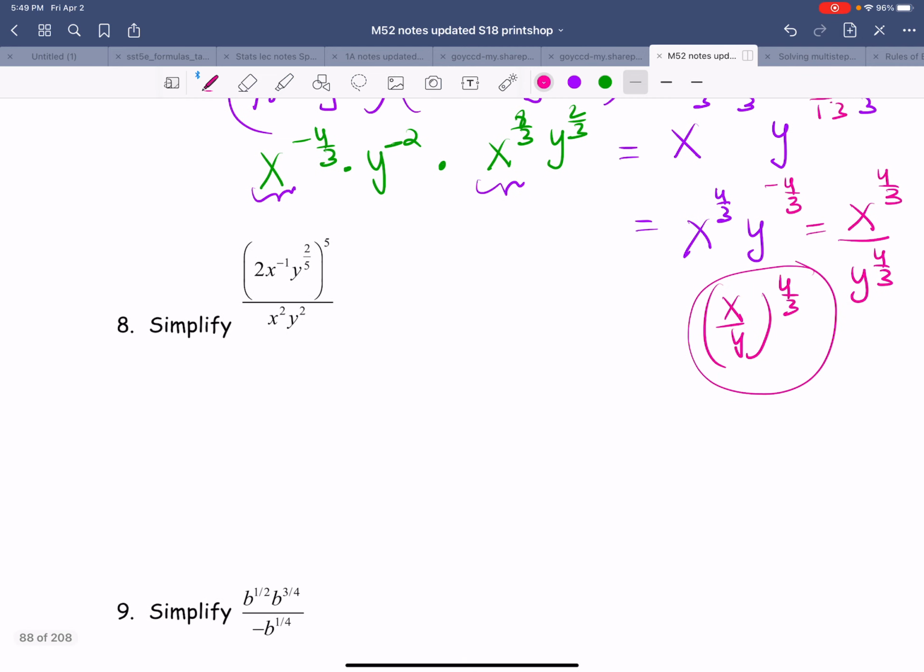Example number 8. So a lot going on here. We have a numerator with multiple bases inside, and they have exponents and so we have a power to a power in the numerator, and we have denominator with different bases and exponents. Let's start with the numerator, because there is more to do in the numerator. So this outer exponent is going to multiply with every single exponent inside. 2 to the 5th power, x to the negative 5th power, y to the 2/5,